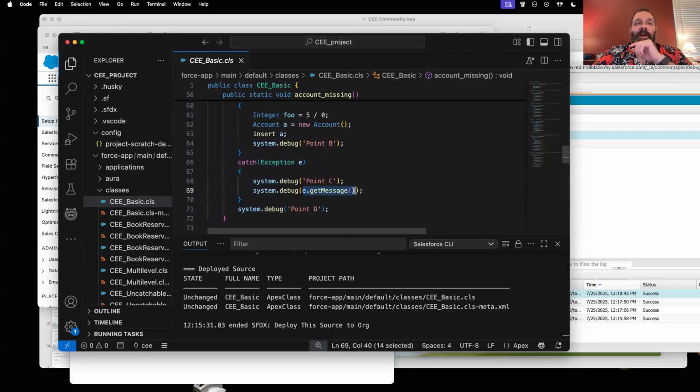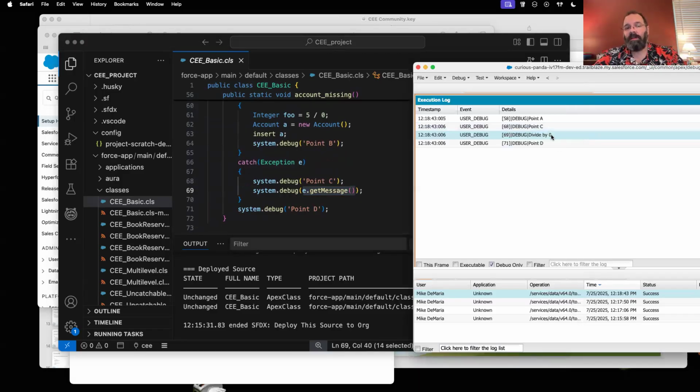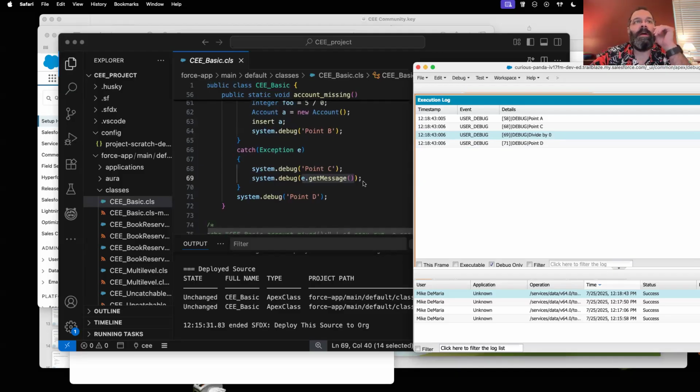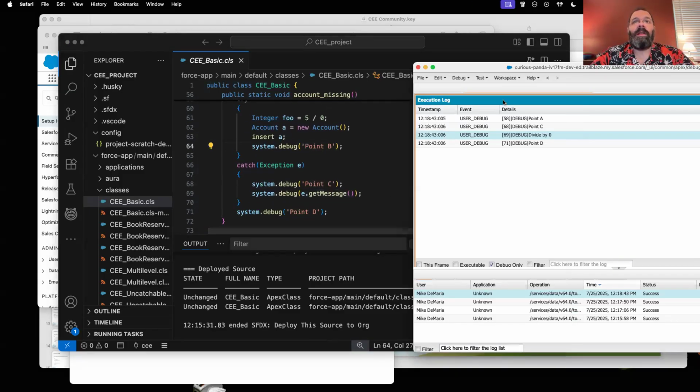This is a way to actually find out why an exception occurred. And then you could use this information in your code. So in your code, you can actually say, all right, what's the exception? How do I handle it? Because different things could happen.